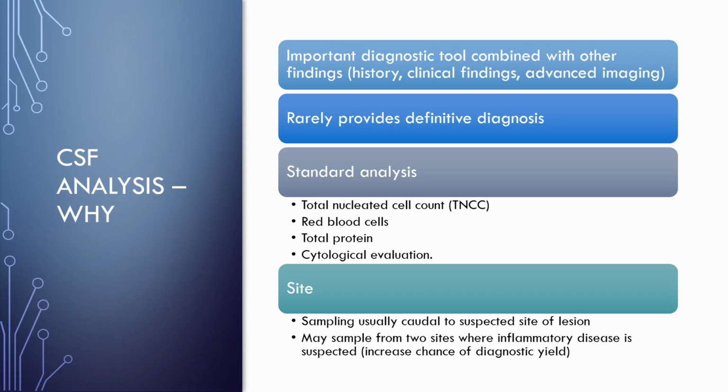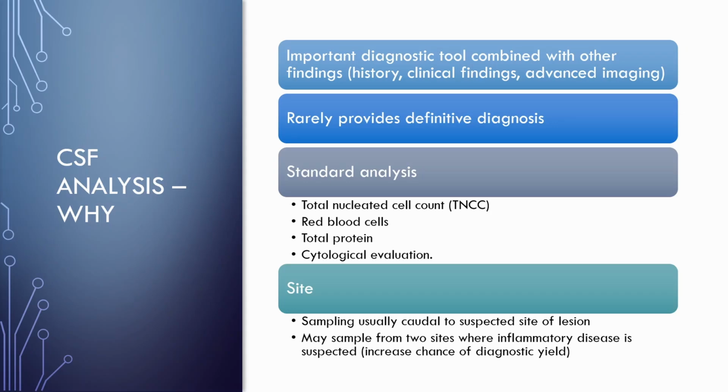And the site, usually sampling is caudal to the suspected site of the lesion, and that is because although the CSF has a pulsatile movement, it's generally thought that there's a kind of bulk flow going from rostrally to caudally. However, you may sample from two sites where you suspect inflammatory disease, because there is an increased chance of